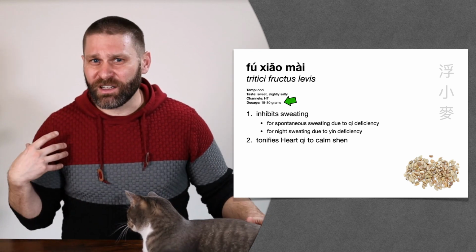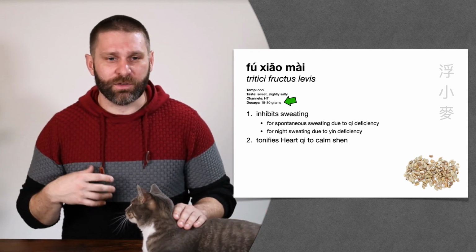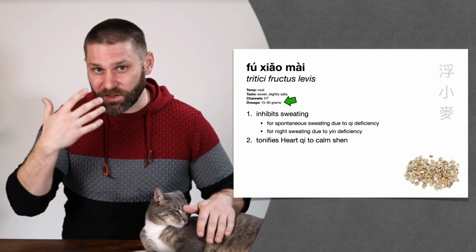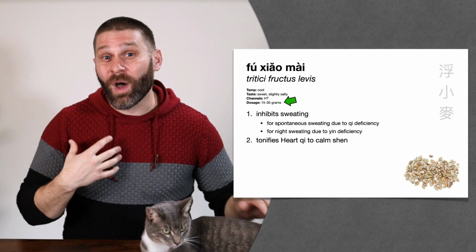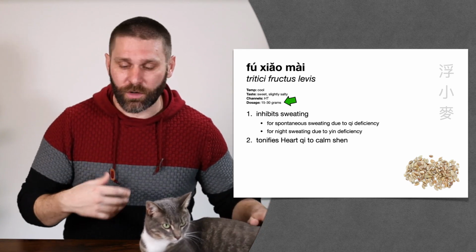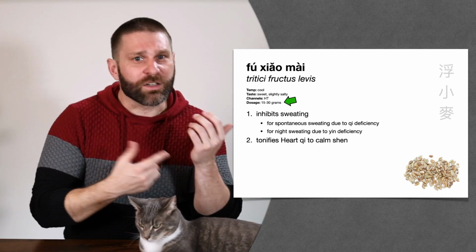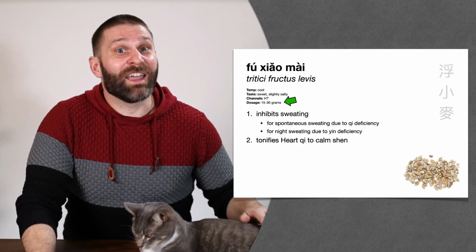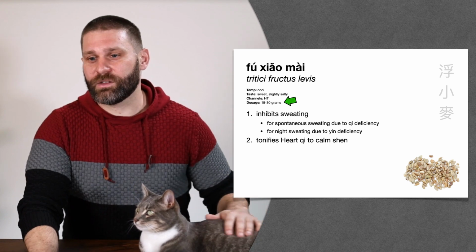And a lot of people think that it's the lung, because the lung opens and closes the pores. But actually, the lung is associated with the snivel, the stuff that comes out your nose. The sweat is actually associated with the heart organ. And so that's why heart 6 is really good for stopping sweating. So anyway, Fuxiaomi enters the heart channel, and that has to do with this action of